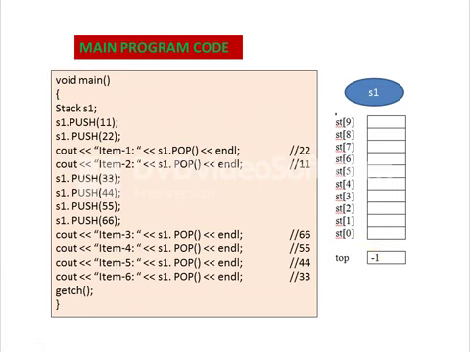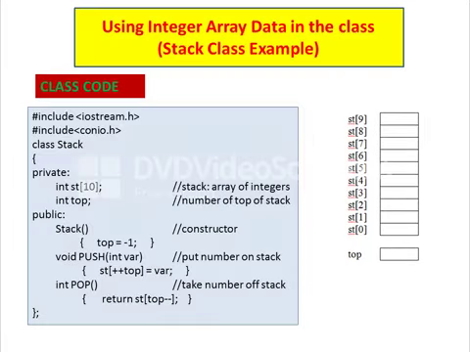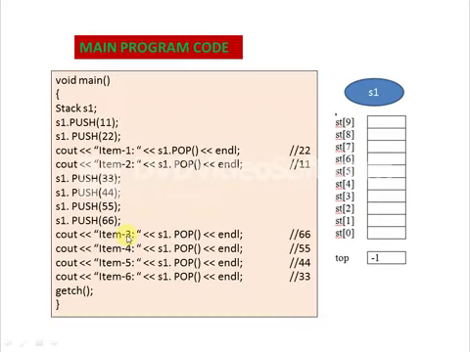As you can see in the previous slide, the constructor, that is stack, is going to initialize the value of the top variable at -1. So after the first line of this main program, we have assigned the memory to the s1 object. The next two operations we are going to explain in the next slide.